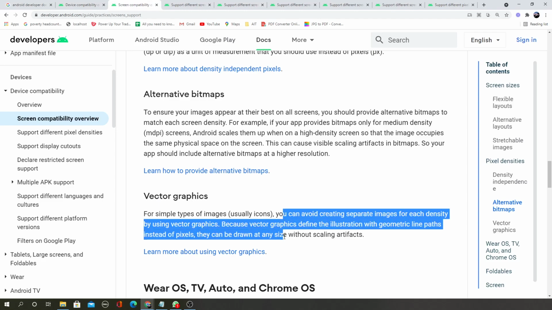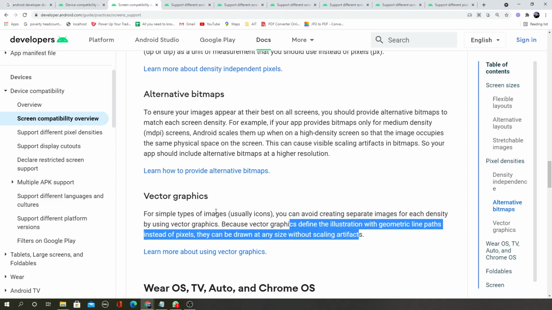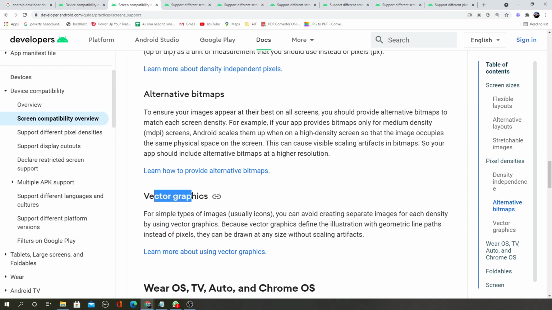These geometric line paths can be drawn at any size without scaling artifacts, without a weird stretched appearance. We will have another lesson practically after this covering vector graphics.